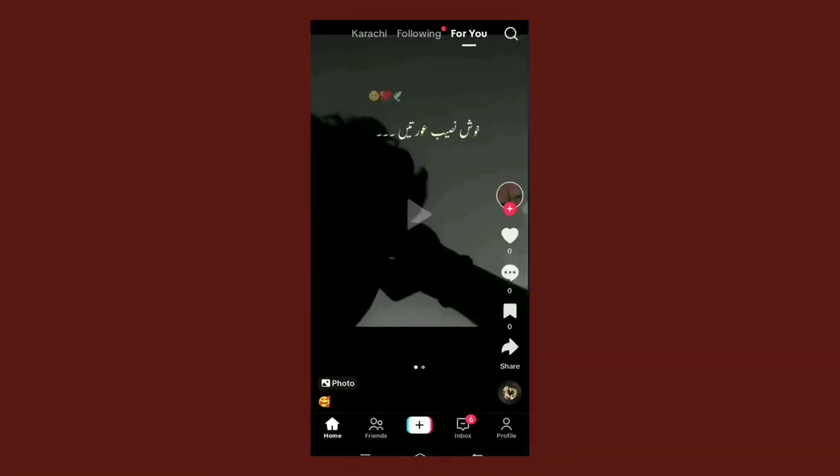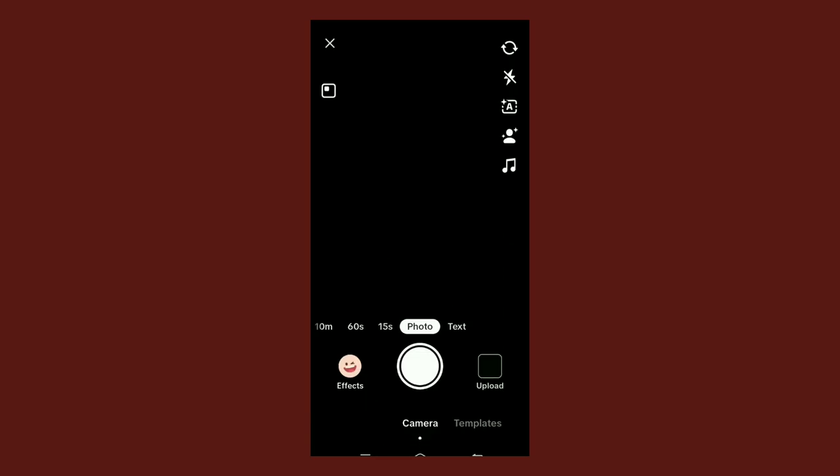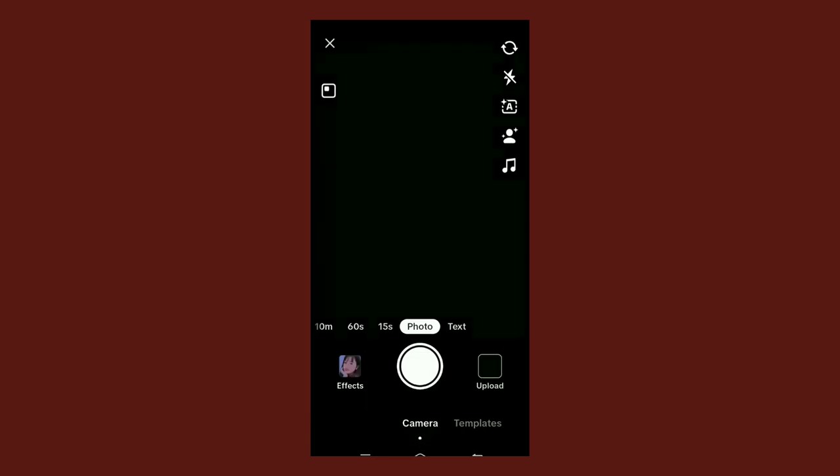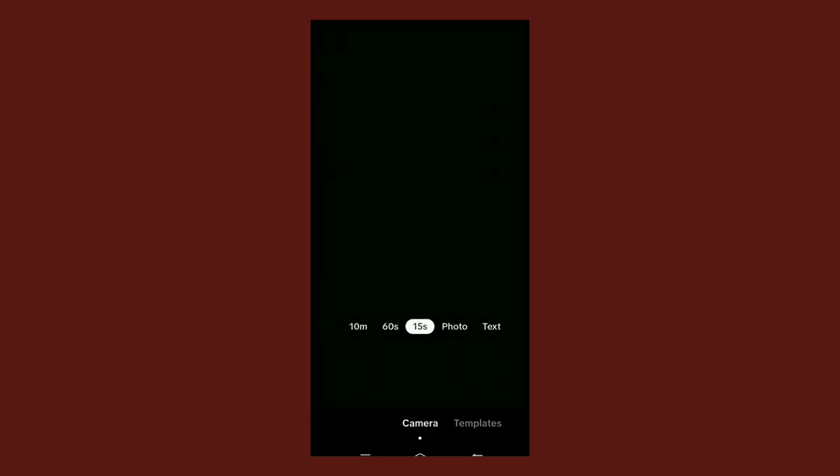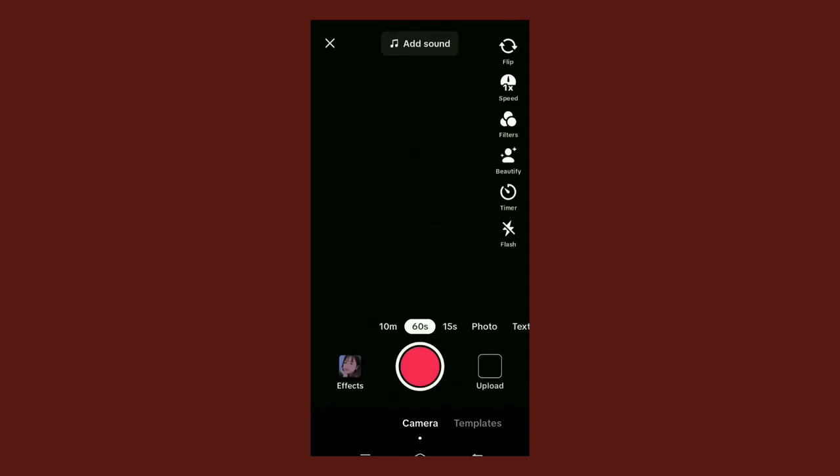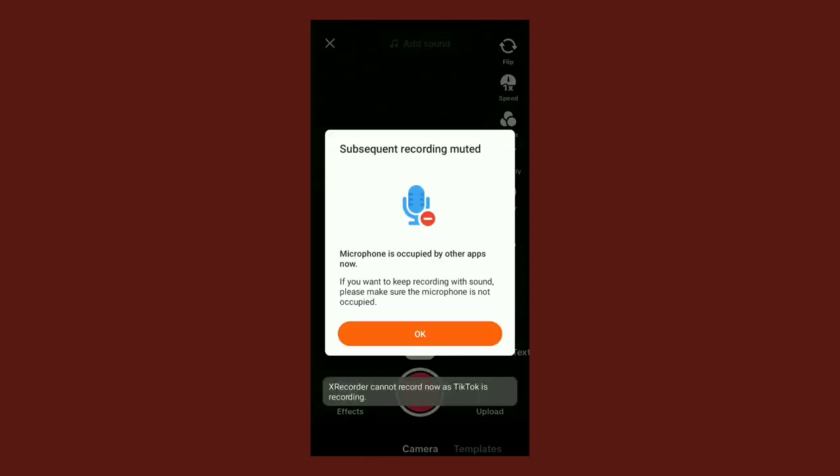Firstly, you have to open the TikTok app. Now click on this plus mark and you can see here a lot of options like 15 seconds, 60 seconds. Click on this and start to make here. This video will